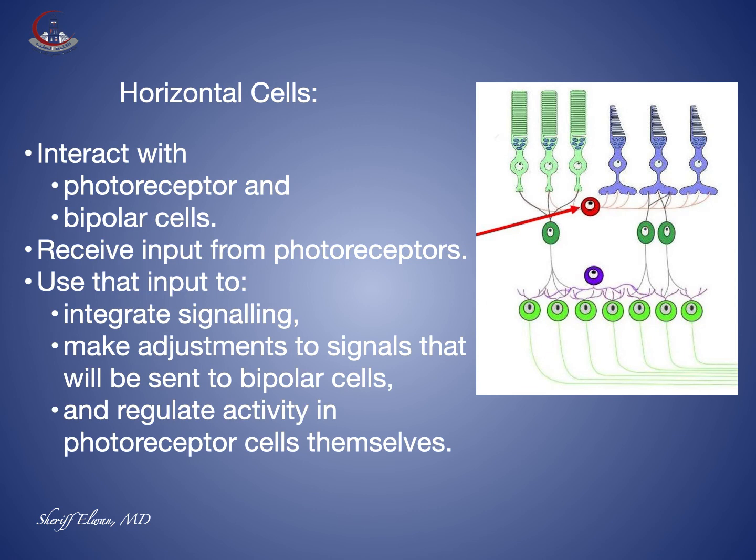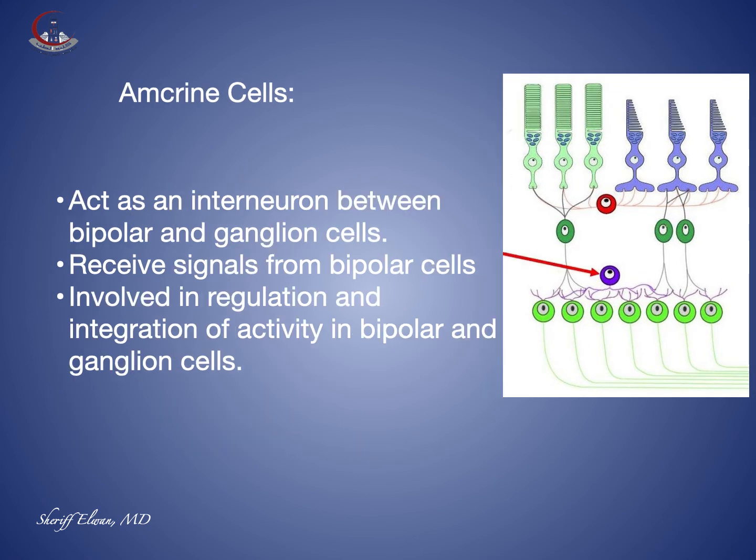While the horizontal cells interact with the photoreceptor and the bipolar cells, they receive input from the photoreceptors and use that input to integrate signaling and make adjustments to signals that will be sent to the bipolar cells and therefore regulate the activity in the photoreceptor cells themselves. The amacrine cells act as an interneuron between the bipolar and the ganglion cells. They receive signals from the bipolar cells and they are involved in the regulation and integration of activity in bipolar